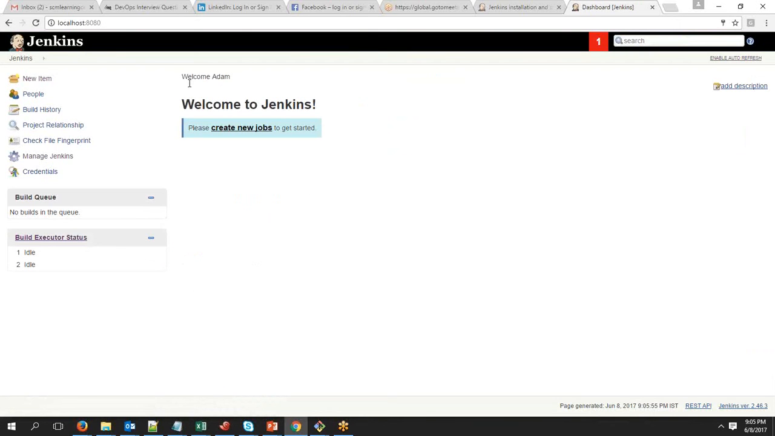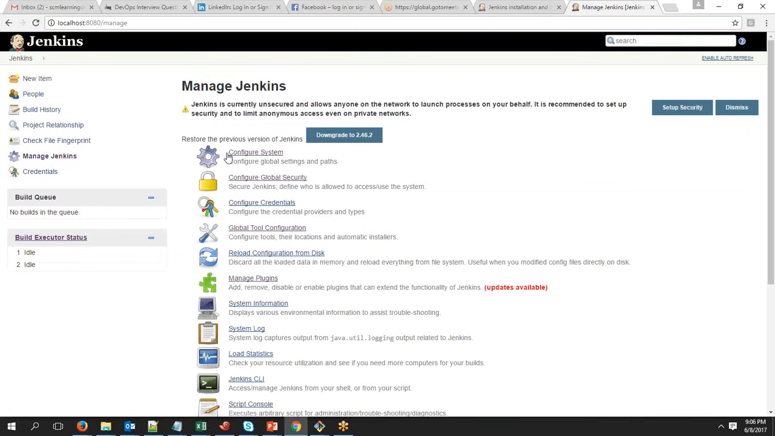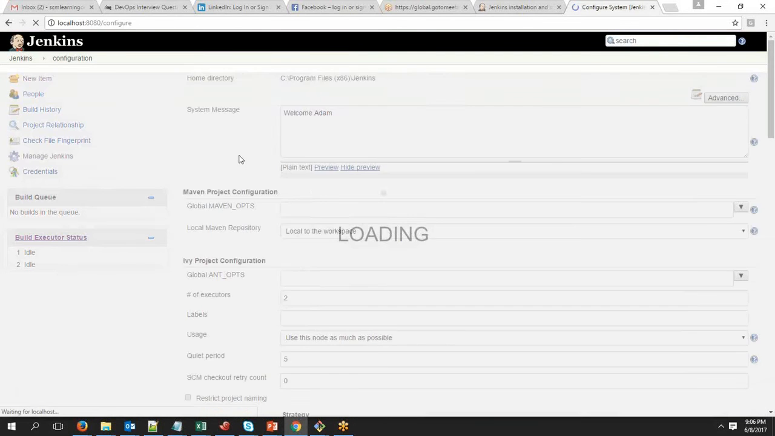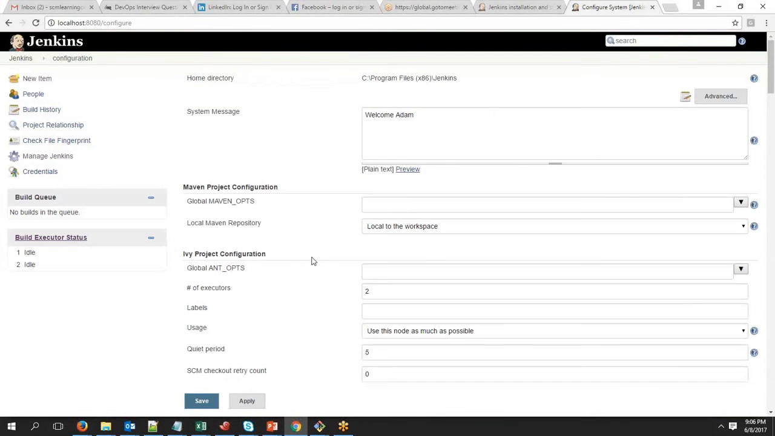Okay, so here you can see that whatever message I give is appearing here. That's how you make use of apply and save. If you want to continue something but save it, then apply. But if you want to save and come out completely, then you use save. Okay, then